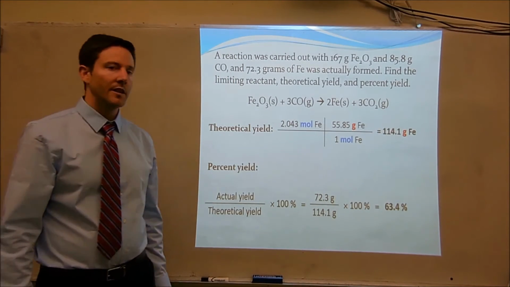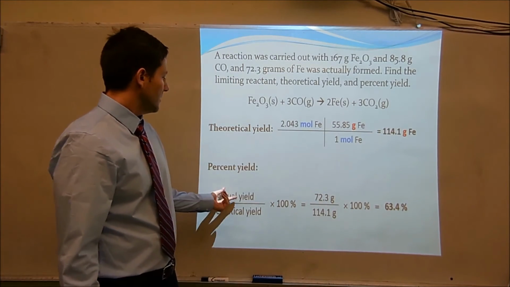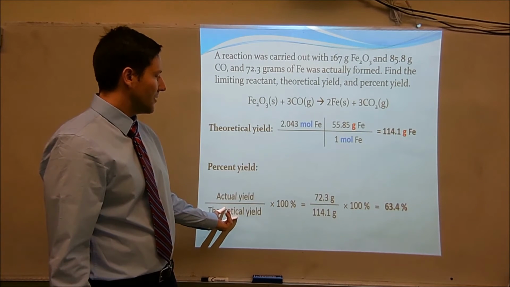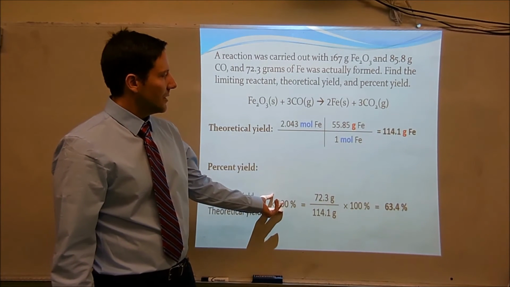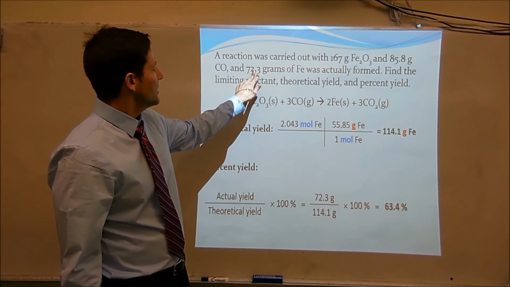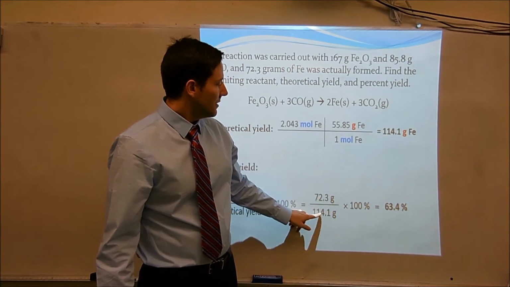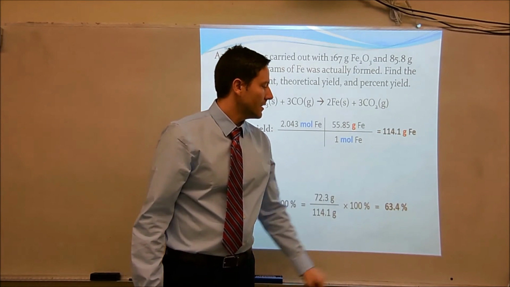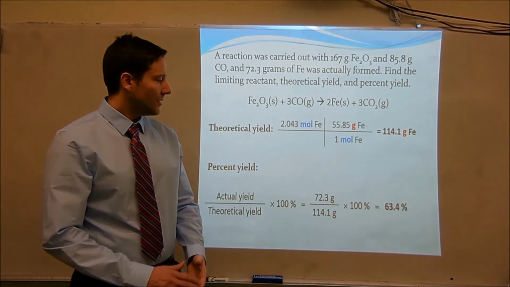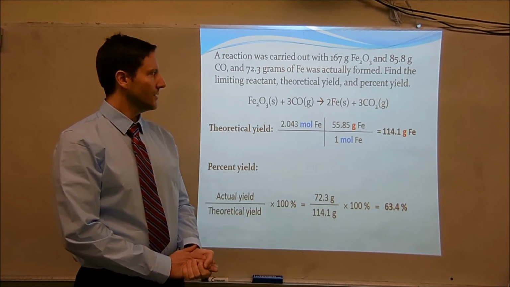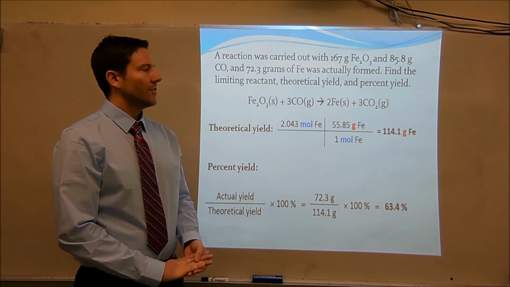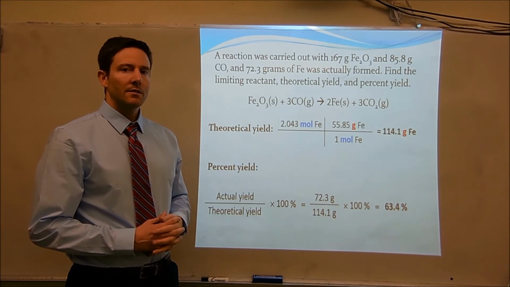So in order to calculate a percent yield, you take the actual yield divided by the theoretical yield times 100%. Actual yield, 72.3, divided by the theoretical yield times 100%, and you get 63.4% yield. So that was the limiting reactants